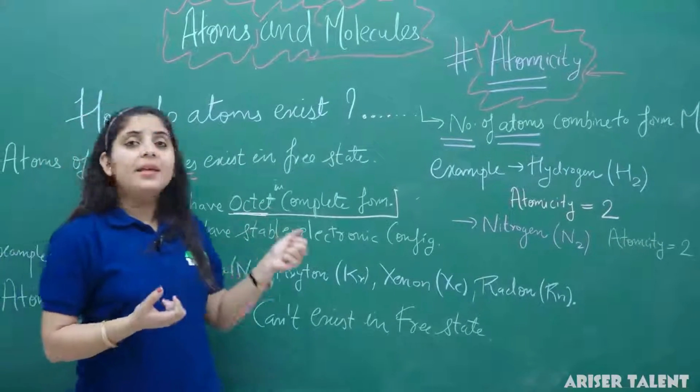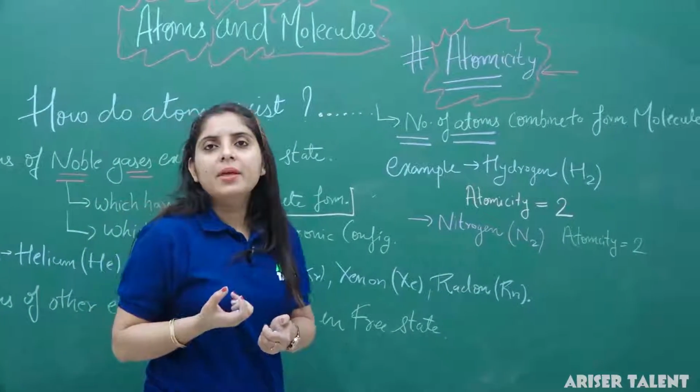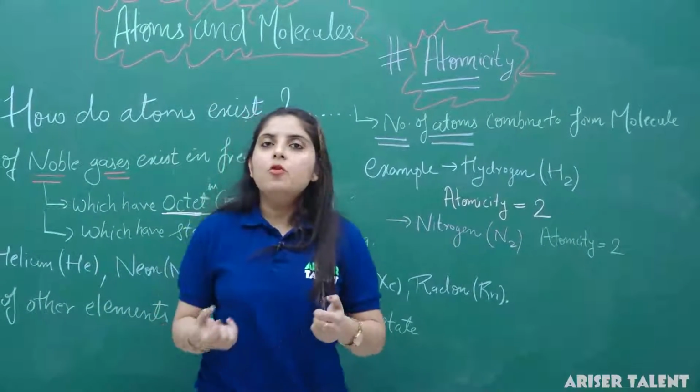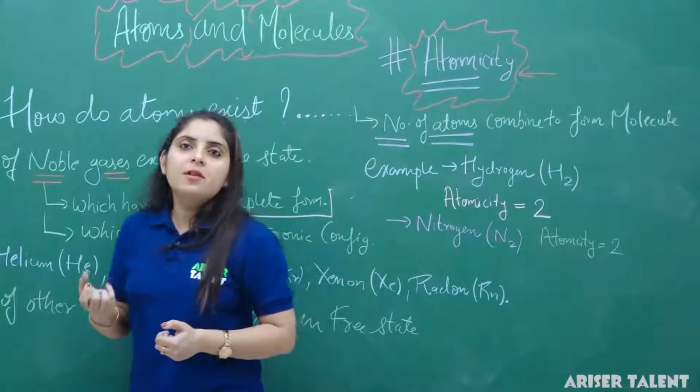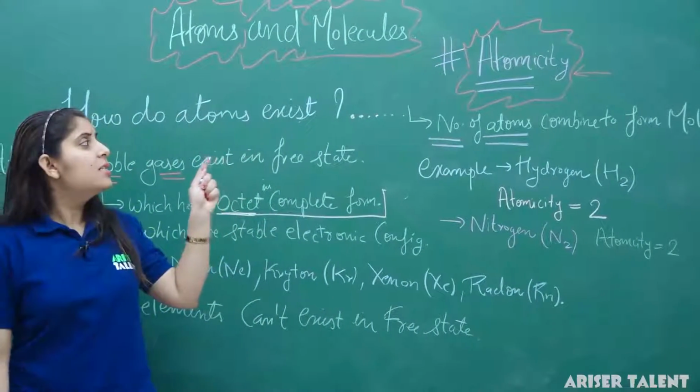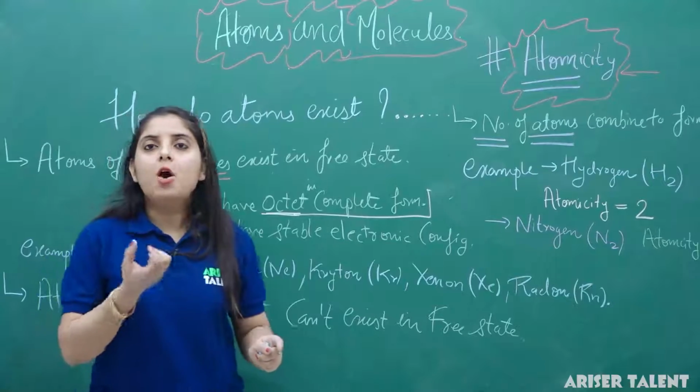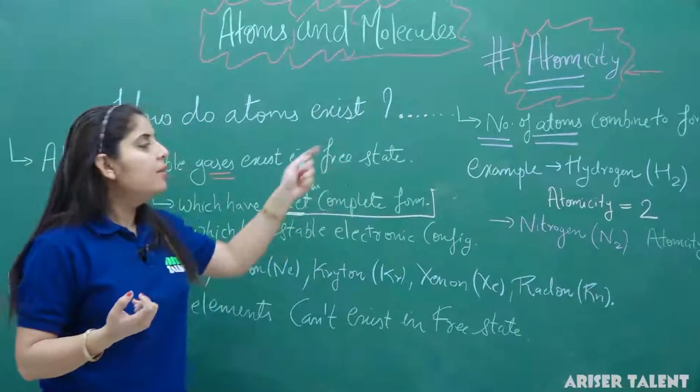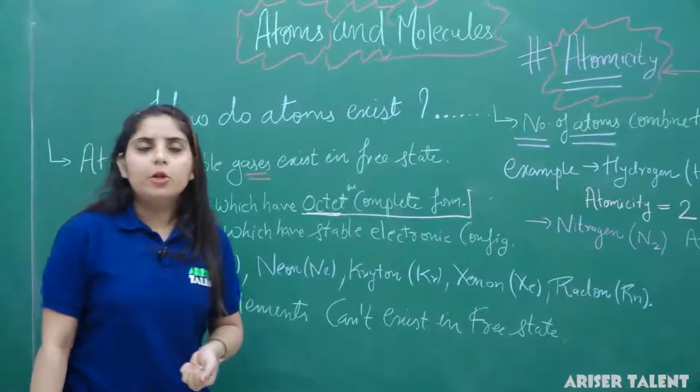If we are going to talk about certain other elements, what will be the combining capacity of sulfur and phosphorus? Their combining capacity or their atomicity will be 4 and 2 respectively. For phosphorus we have 4 and for sulfur we have 2. So this is the atomicity. It means how many atoms are present in that compound or that molecule.